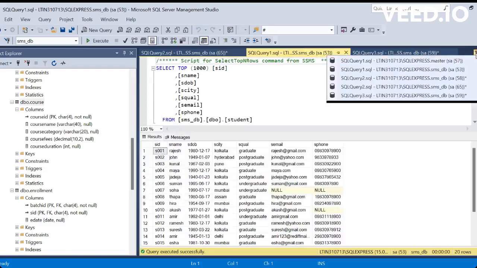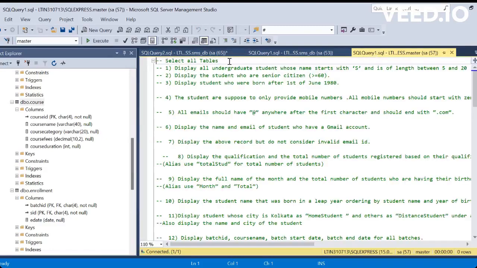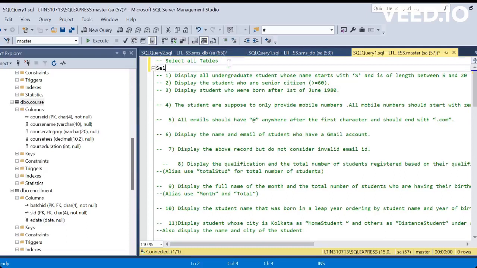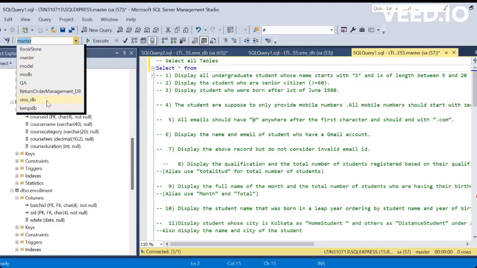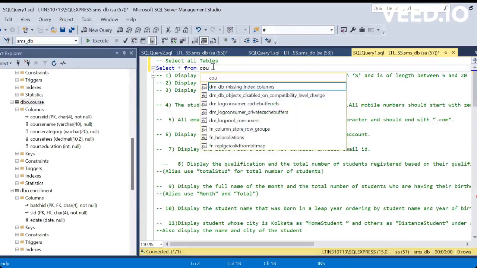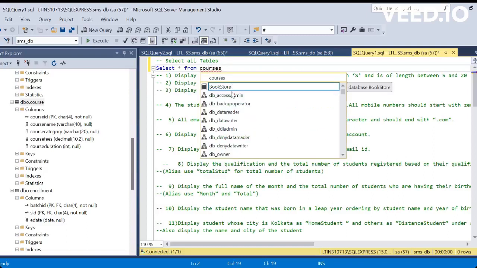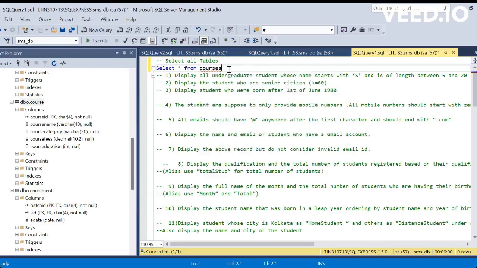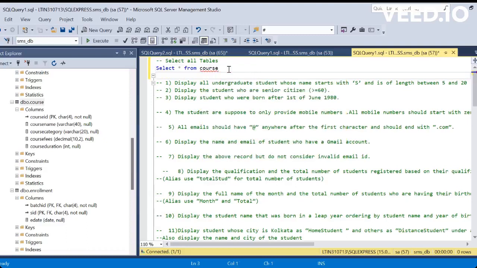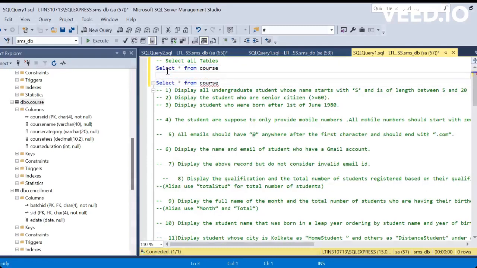Yeah, the questions kind of thing. Yeah, here we'll have questions. Instead of selecting each and everything, we will have these statements. Select star from, so the database we have to mention, which is SMSDB. From courses I have to take, first of all, sorry, courses, not course, is there, right? Select star from course, and then we'll have student, enrollment, those things, batch,